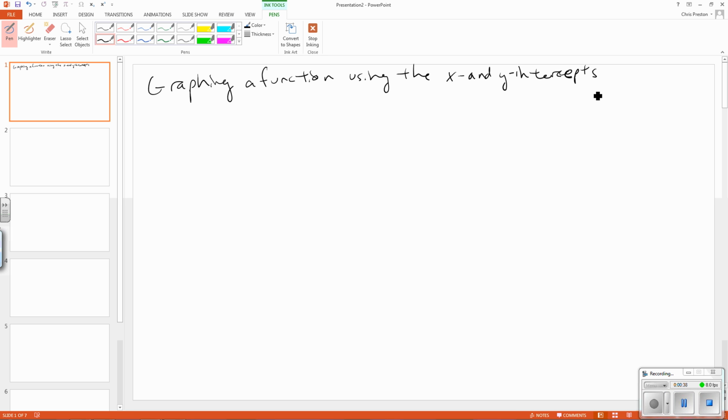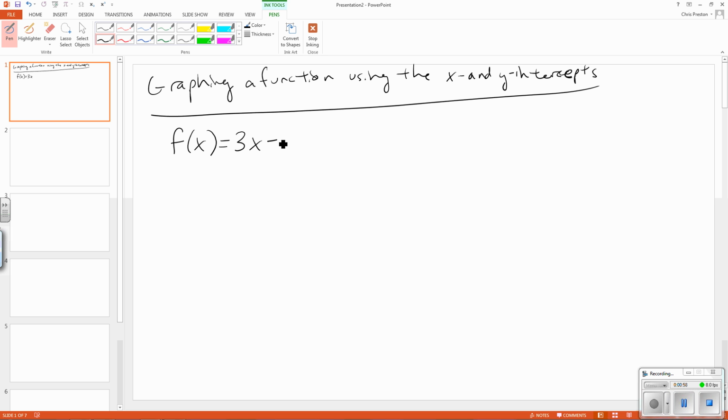Sometimes, if you can figure out where the graph hits the axes, it can determine where the graph can be drawn, especially if you know the general shape. So, like I said, we're going to focus mainly on linear equations, lines, but this applies to any type of situation. So to find the x-intercepts,